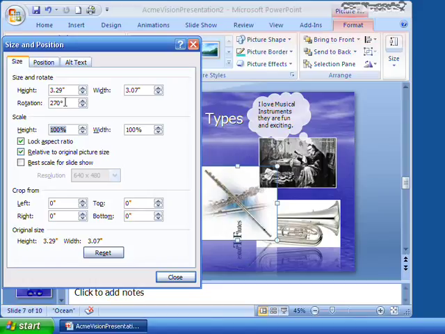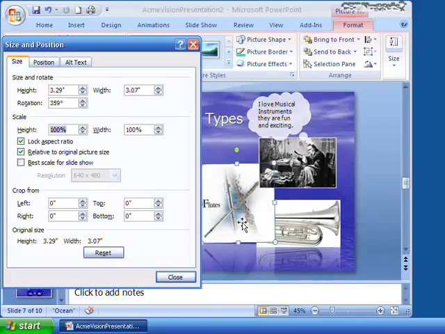Or 359 degrees. Let's do that just to have some fun. So you do 359. You can't really see it. Oh, there's a little bit. You can see a little bit of an angle there. It's just 1 degree, a little bit more to the left than to the right. So we're having a little bit of fun here, but you can see how exact you can be. If you're like, I want everything